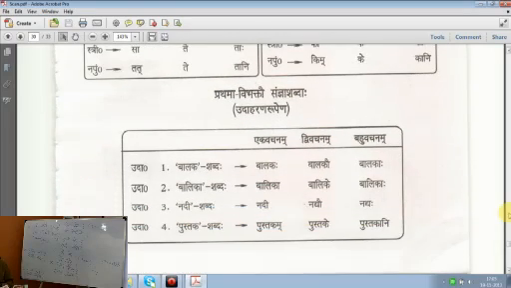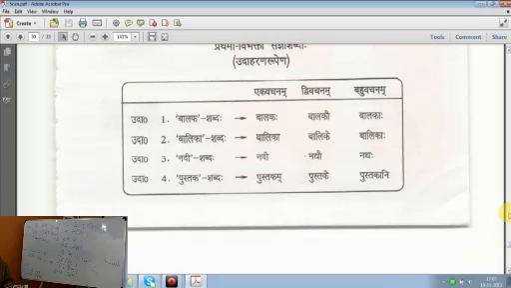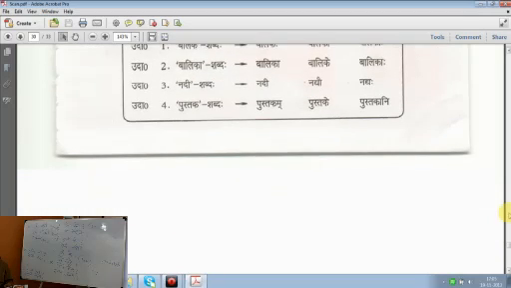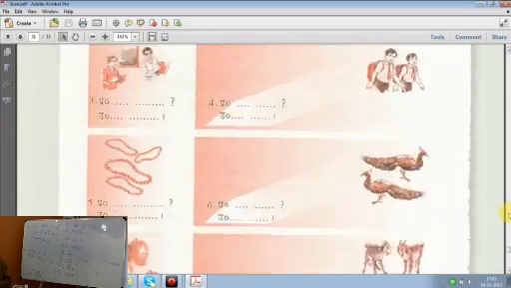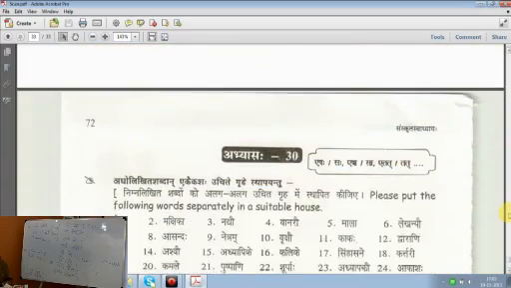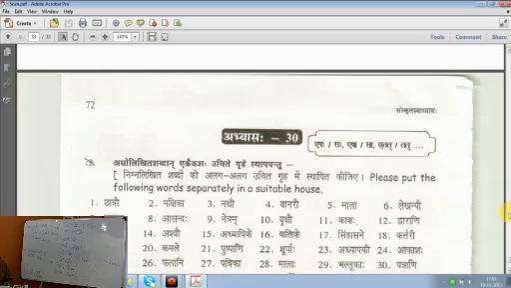If you have any doubts, you can mail us. We'll also clarify them. So this is how page 71 gets done. And moving to the next page,